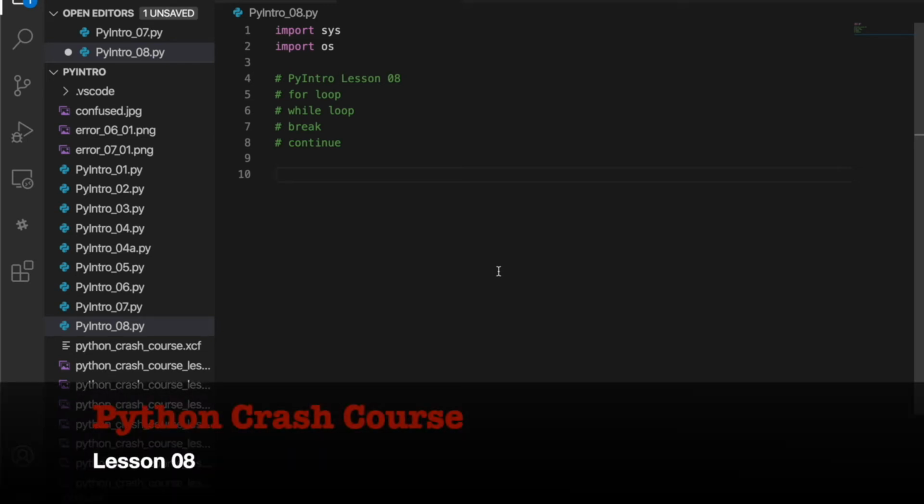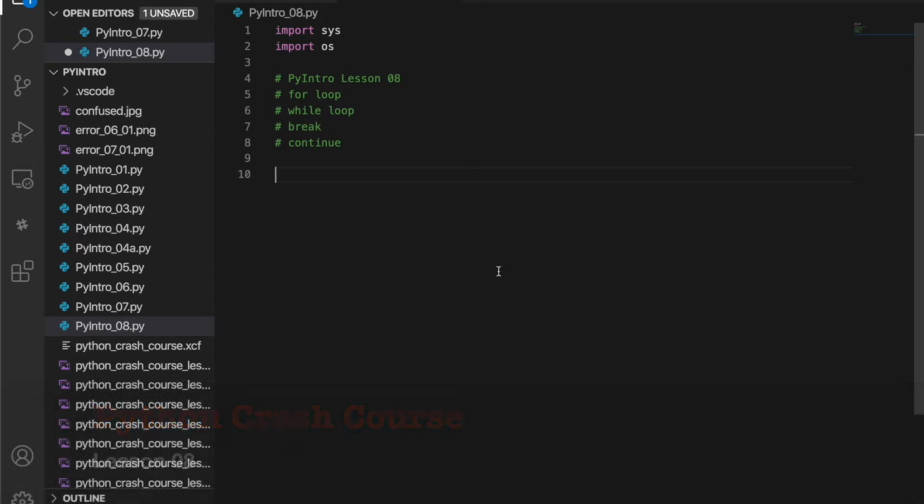Python Crash Course, Lesson 8, Loops. We can't do much amazing stuff right now. We haven't talked about any containers, and the for loop especially is good at looping over container types. But we can give some examples. So for example,